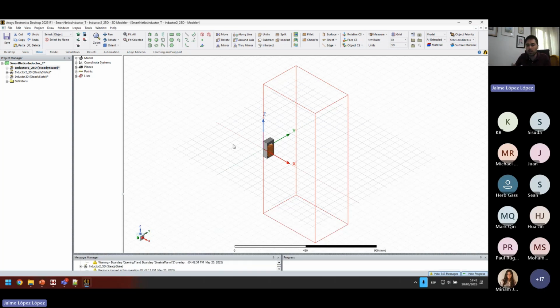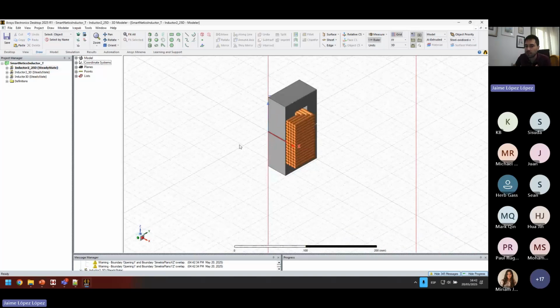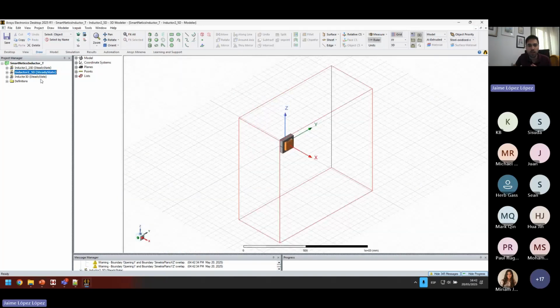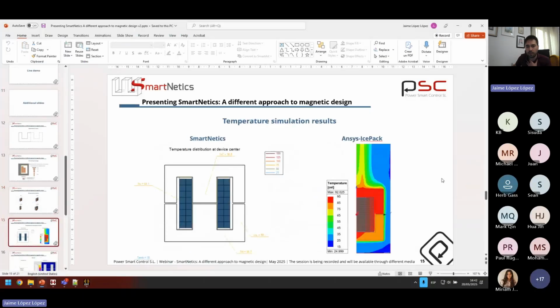And once you have done that, you can run a simulation in here, or if you want to modify anything, you can. You have, as I was saying, full access to everything. In this case, I'm not going to wait until the simulation ends because it will take too long, but I will show you the results in here.